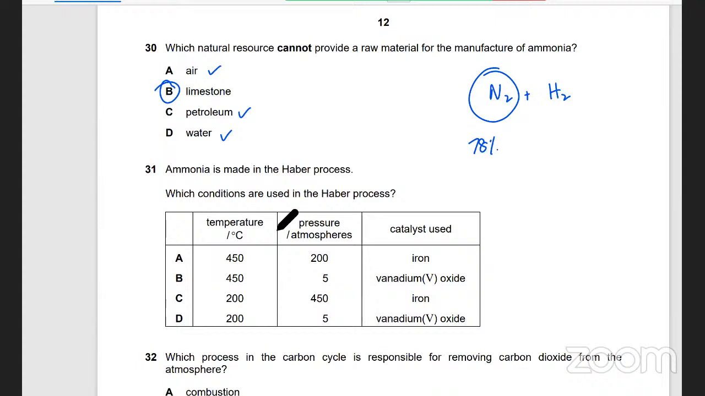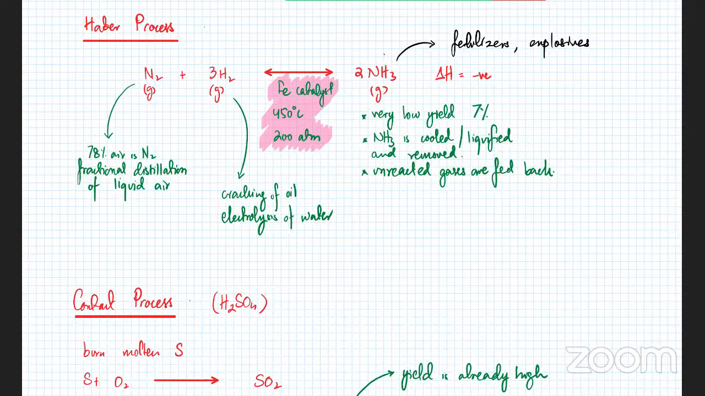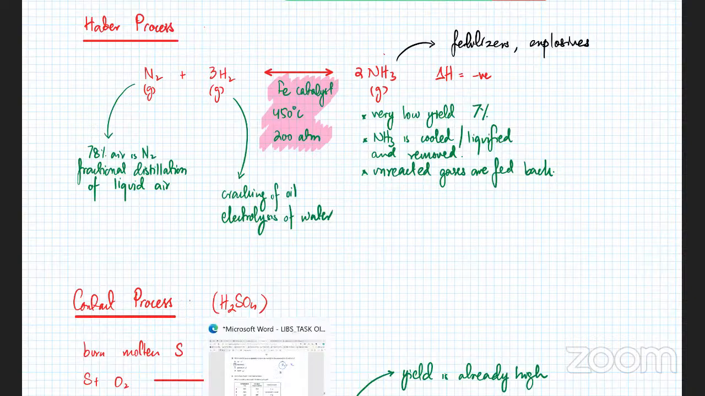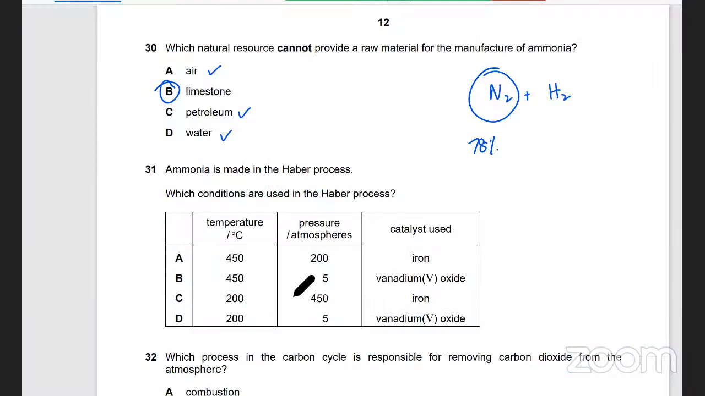Haber process की conditions क्या है? What are the conditions? वो इधर लिखी हुई है, सामने लिखी हुई है। Iron catalyst 450 है, 200 atmosphere, right? So 450, 200 atmosphere is iron catalyst, ठीक है।